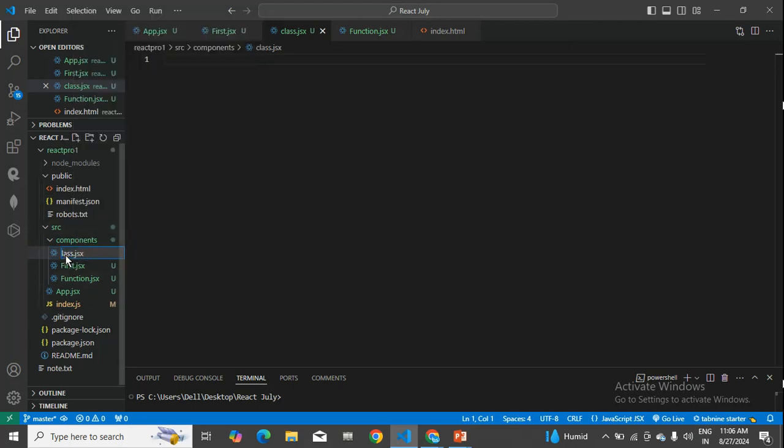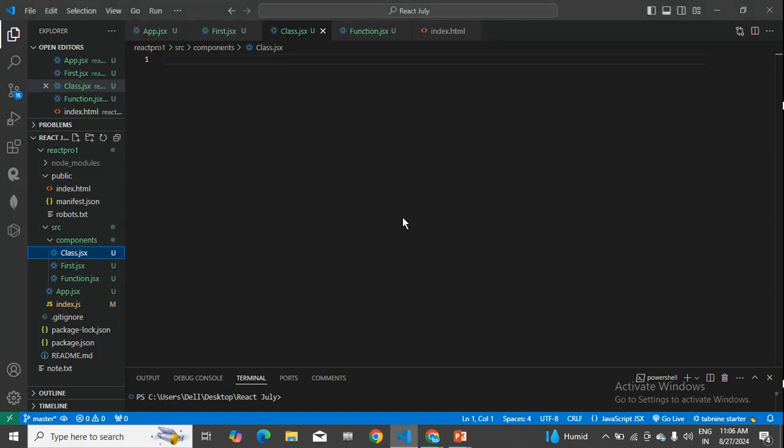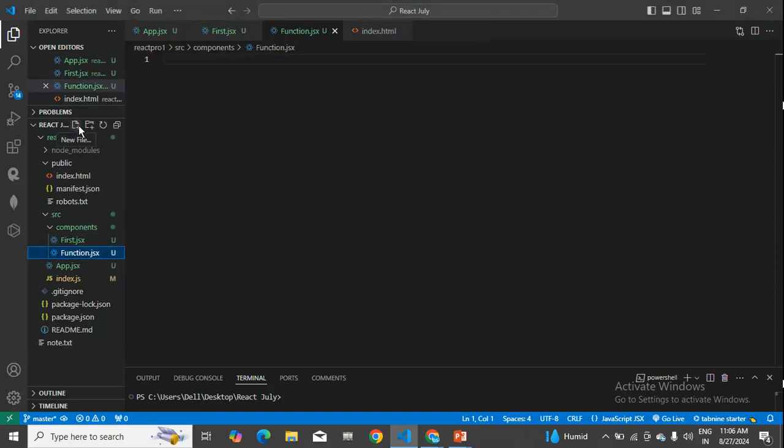Actually, sometimes when you rename in your system, it won't properly take. Better you just delete that and create it. Sometimes it won't take, and while importing and exporting it will trouble you. So at that time, you can just create it, class.jsx,